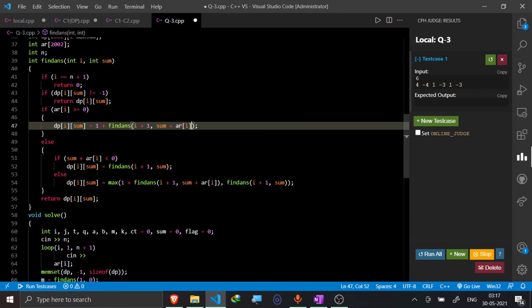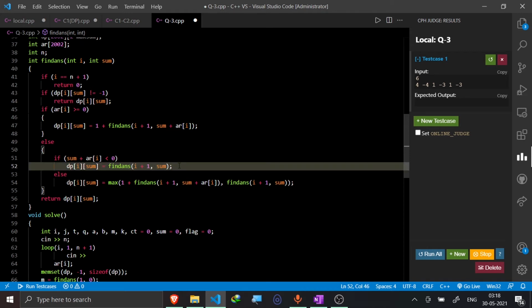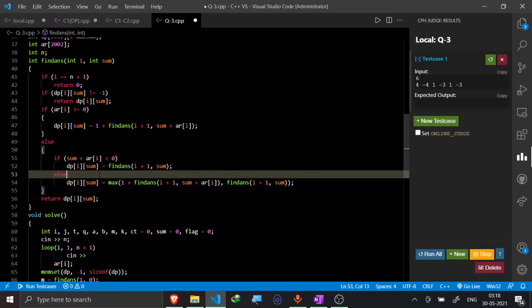Now, if the can was negative, then I had some options. So after taking that can, if my original health became negative, then it is for sure that I would definitely not take that can. So the answer would be to go to the cans from the i plus 1th can to the nth can, and the sum would remain the same because I haven't done anything with my health.